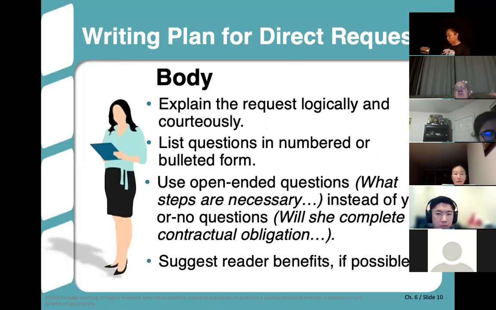In the body, if you're making a request of somebody, remember we talked about this before too, people are always going to be wondering in their own mind, what's in it for me, right? So when you ask something of somebody, you want to ask it in such a way that they feel willing and happy and maybe even eager to perform your request, because there's an advantage to them doing it, and you want them to see that.